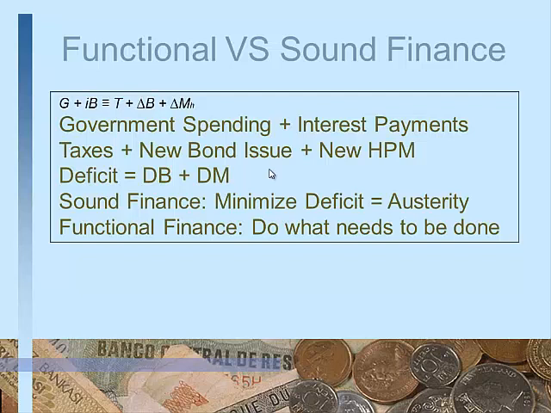Make sure that the amount that you're earning is, and earning is basically taxes. Printing money is not counted as earning, and selling bonds is not counted as earning by the people who advocate sound finance. As opposed to this, we have functional finance, that the government deficit number is completely irrelevant. The only issue is that we should create money as needed, we should sell bonds as needed, we should do taxation as needed by the other requirements, not by the requirements of balancing the budget. Balancing the budget is completely irrelevant, a red herring.